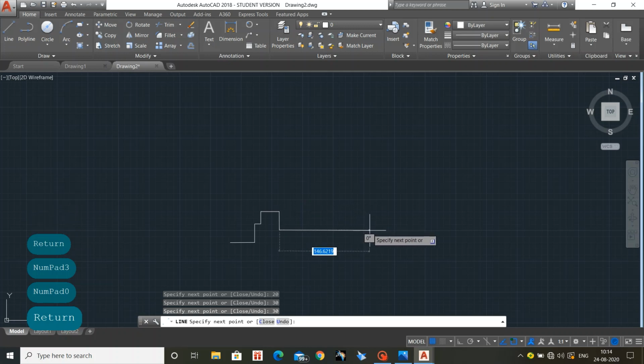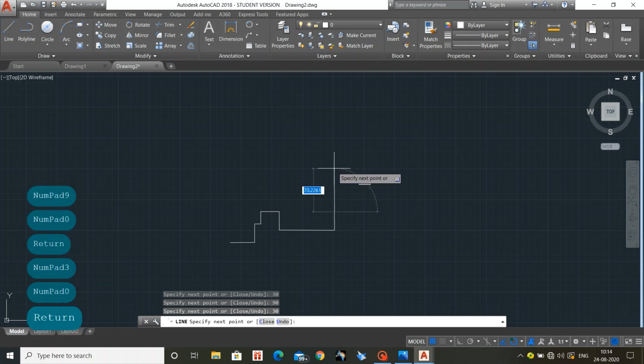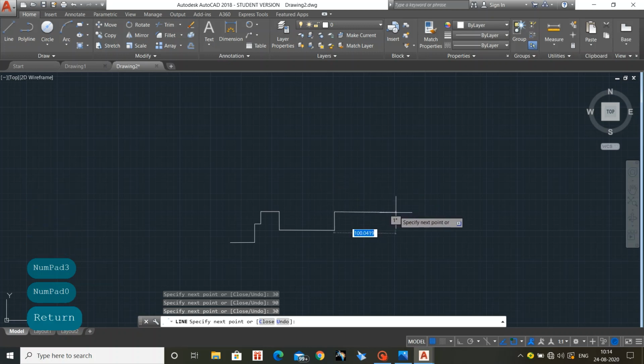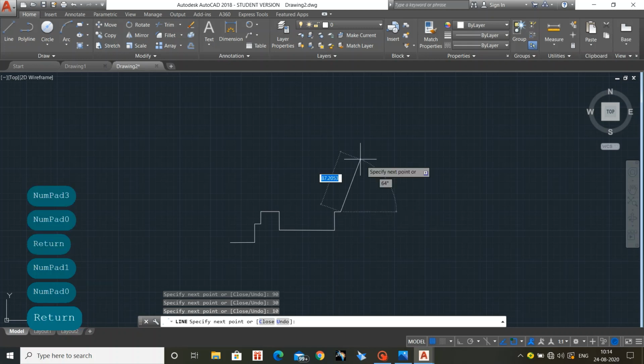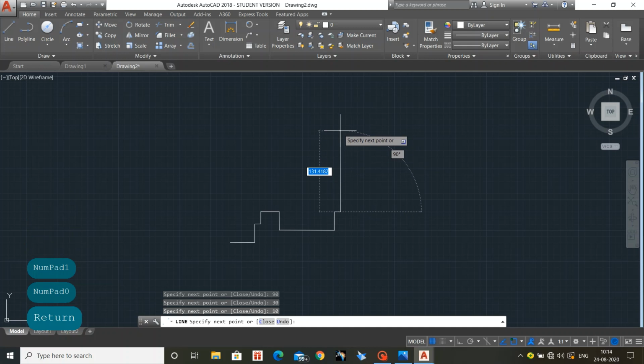So next, the vertical distance. It is mentioned 100 and 10 as the width. After that, height is 30, horizontal distance is 10, and the vertical distance is complete 90.